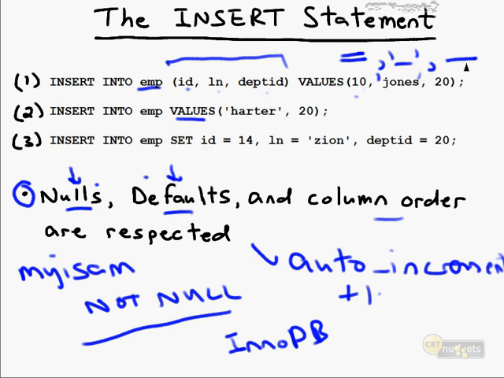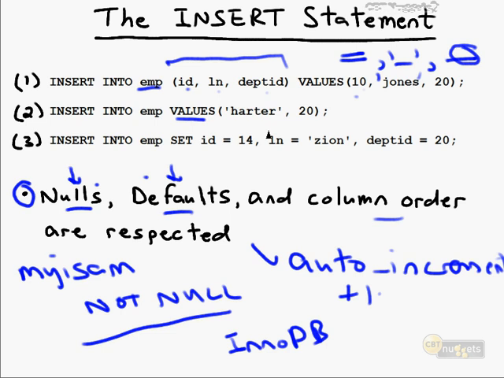And if we specified default for department ID, as long as we had a default value set for that column definition, then that default would be populated automatically. Now, if we did not have nulls enabled for department ID, and we did not have a default value, then that particular statement would fail. I'm hoping that all of these comments I'm making will become clear in Technicolor once we get to the demo